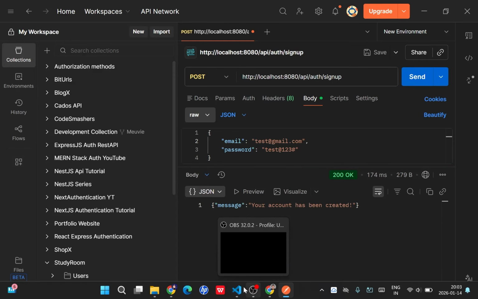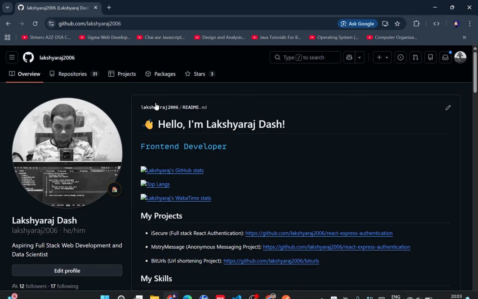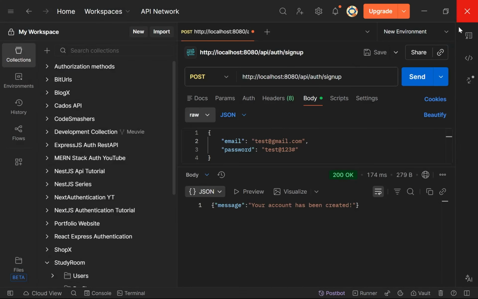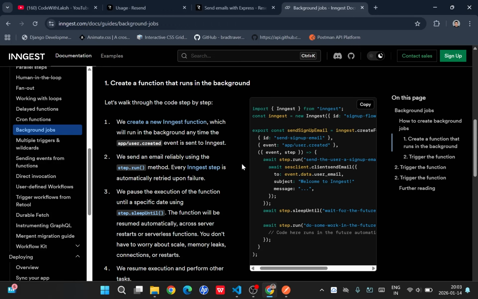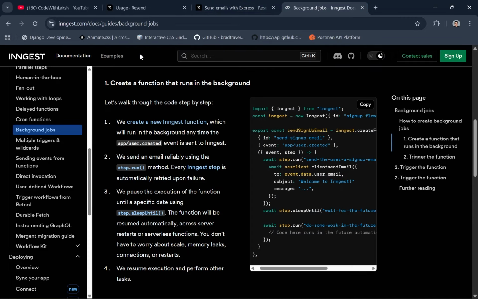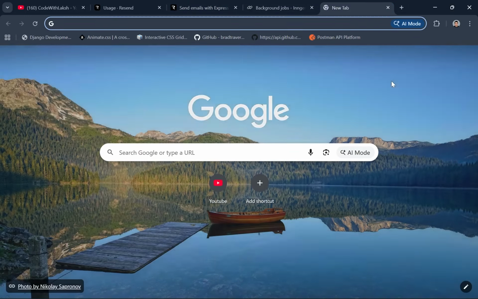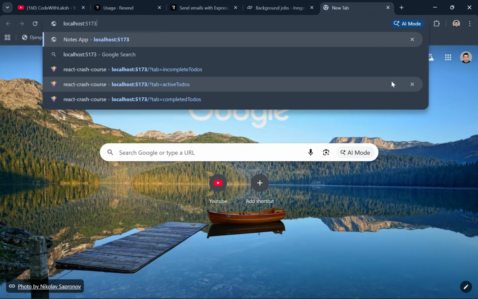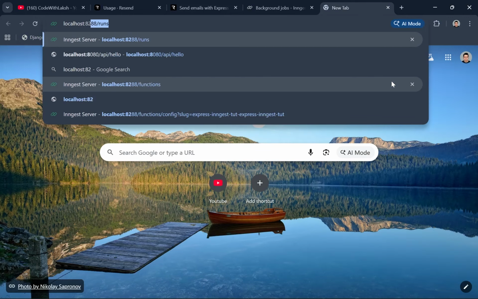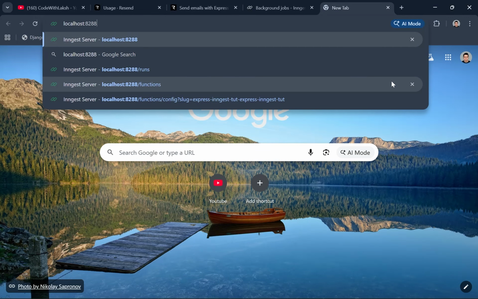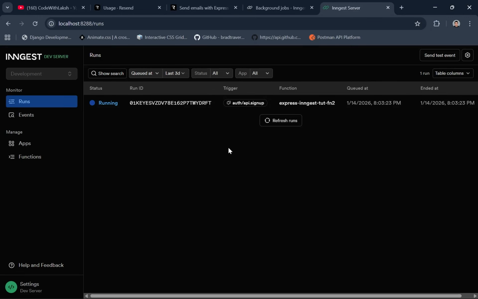Your account has been created. I hope it has fired some, sorry, it has fired some events. Go to localhost port 8288. Let us see what are the functions that we have got. And yeah, it's still running. It should be sending the,